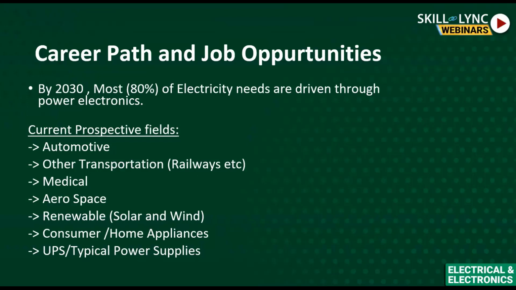The automotive is now a booming one, and consumer or home appliances, everything is going inverter based now. Inverter based air conditioners, inverter based refrigerators, inverter based grinders or mixers. You can see that. And renewable, so you have the solar. So you have a wide range of opportunities in different fields. And railways is a major field apart from the automotive. You can see a lot of IGBTs used by the railways. These are higher voltage IGBTs, higher voltage switches. Railways is a typical example, which uses 3.3 kV IGBTs or 6.5 kV IGBTs.